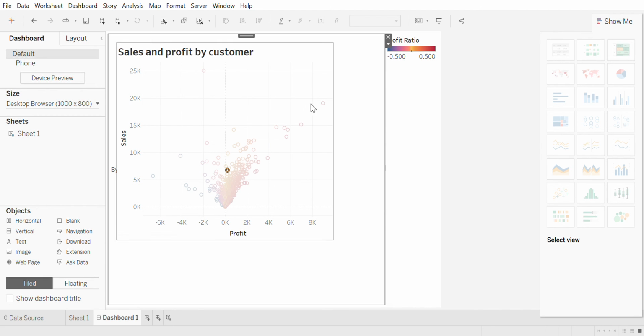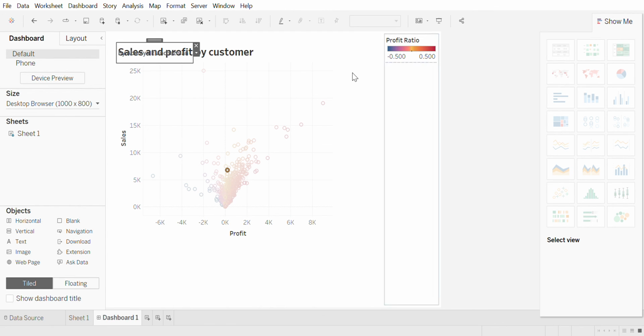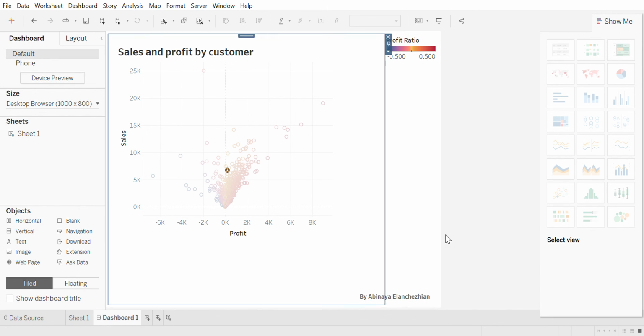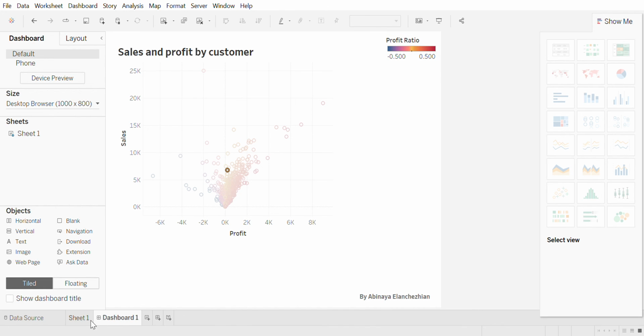So I'm going to put it, this is again in the whole place. So more options, floating, and I move it over here. I can minimize it also. So that's it. It's done. See, it's done.